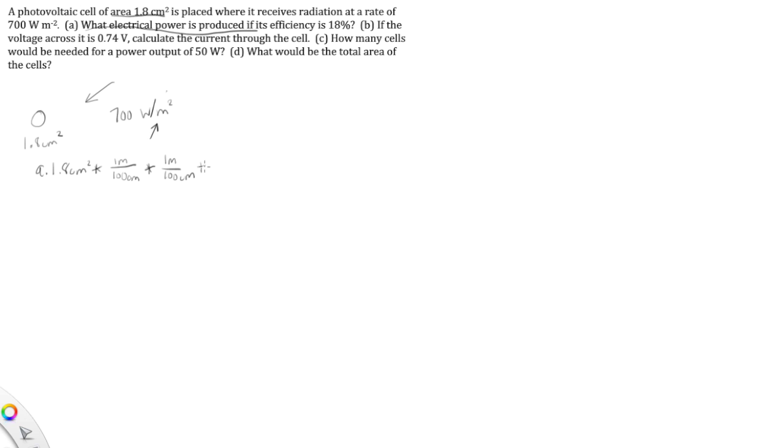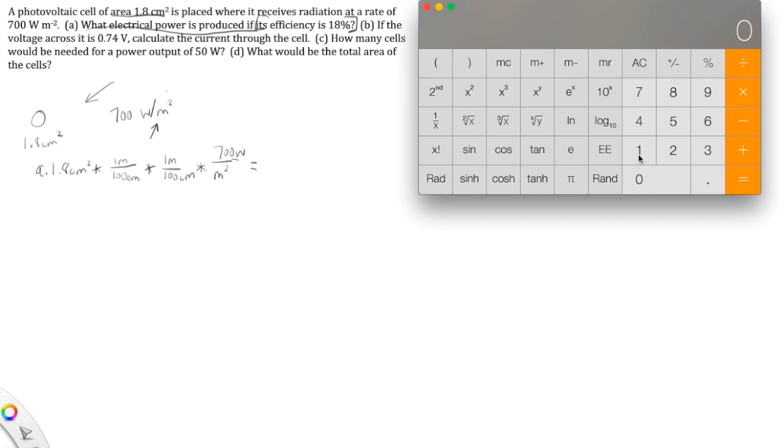And from here, we're just going to use this rate of radiation. For every meter squared, we have 700 watts of power, and this should give us our power output if the efficiency is 100%. So what we're going to get is 1.8 divided by 100 divided by 100 times 700, which equals